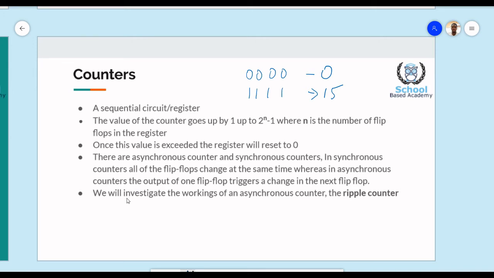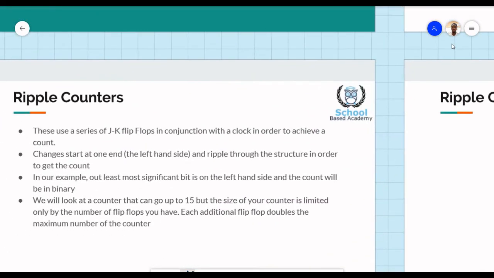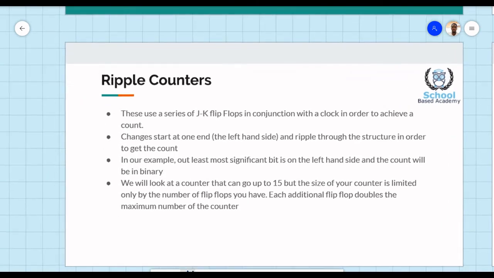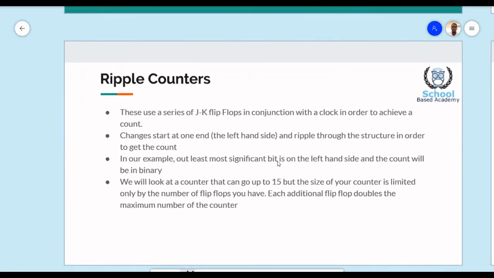So we will investigate an asynchronous counter called the ripple counter. A ripple counter uses a series of JK flip-flops in conjunction with a clock in order to achieve a count. We have data fed in from the left-hand side that ripples through the structure in order to get